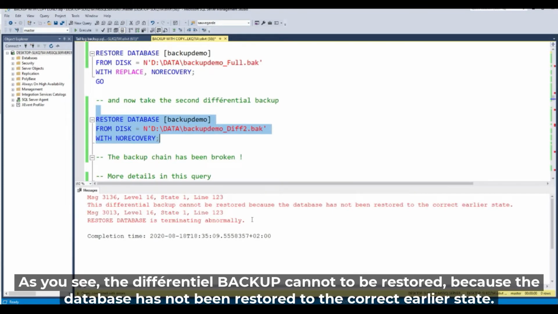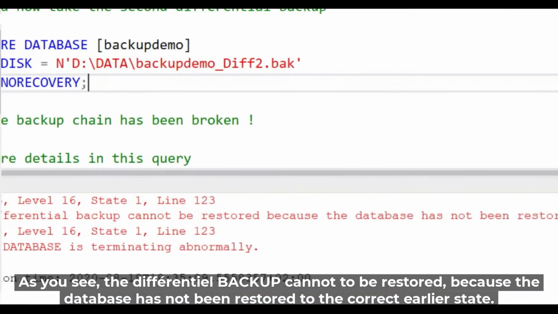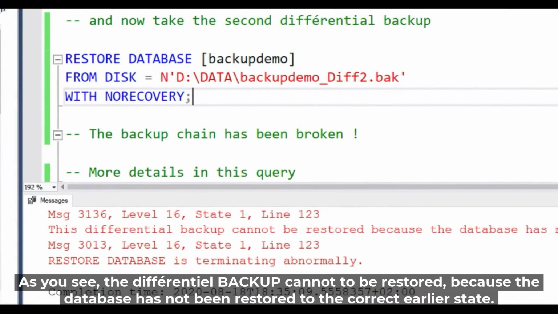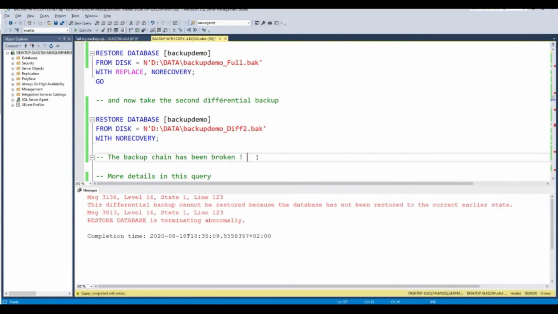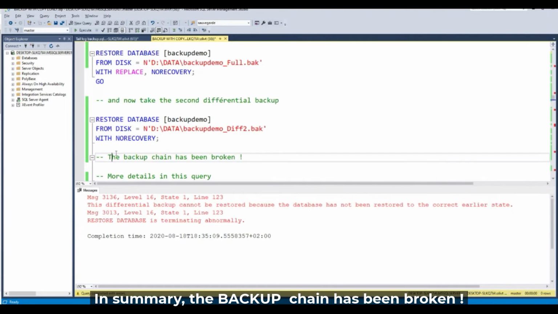Okay, as you see, let's make a zoom. The differential backup cannot be restored because the database has not been restored to the correct earlier state. So in summary, the backup chain has been broken.